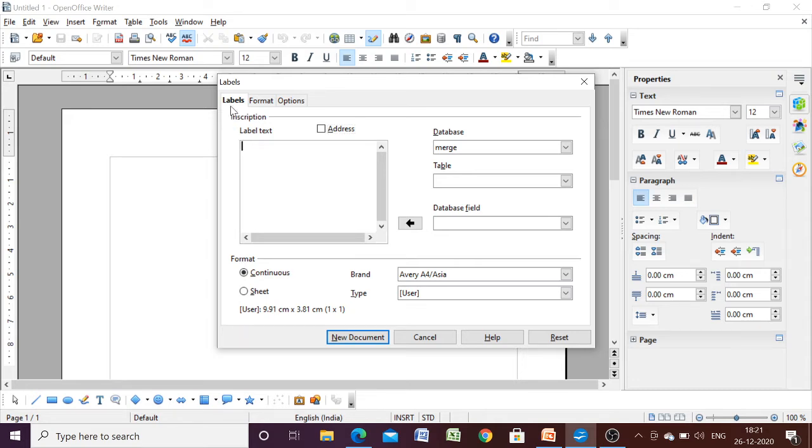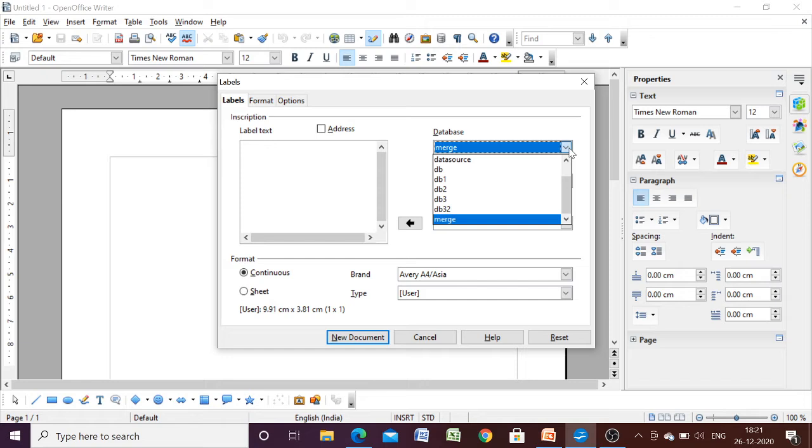Okay, here you can see that we have three different tabs: Labels, Format and Options. So the very first thing is that you must have the data stored somewhere. Now you have to choose your database. Database may be your Excel sheet, database may be your database file.